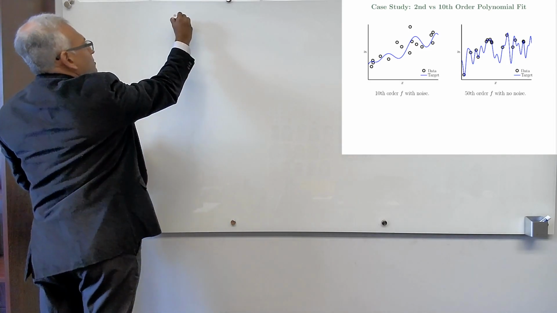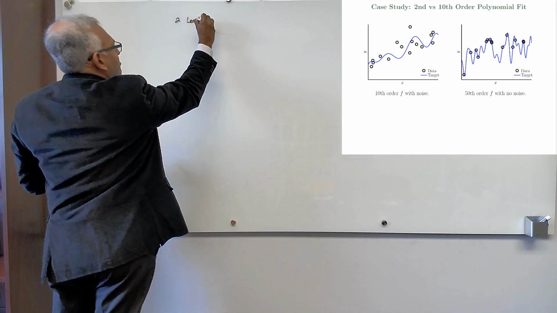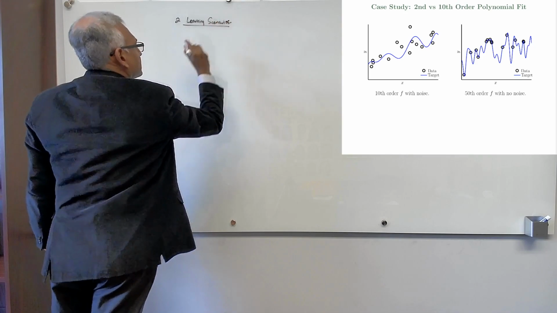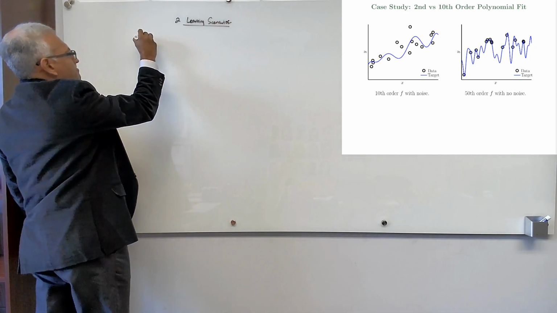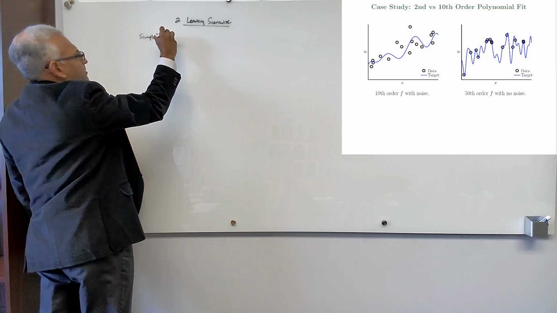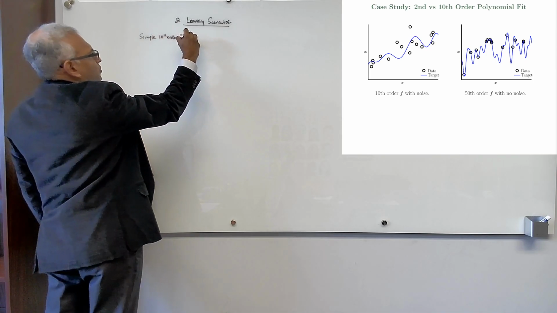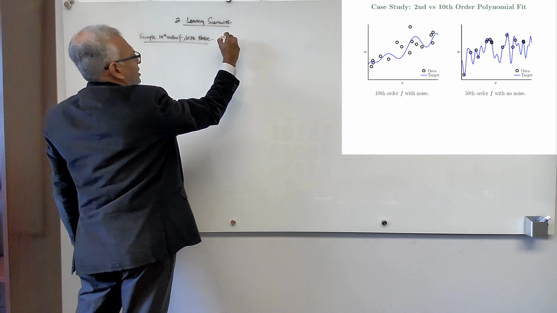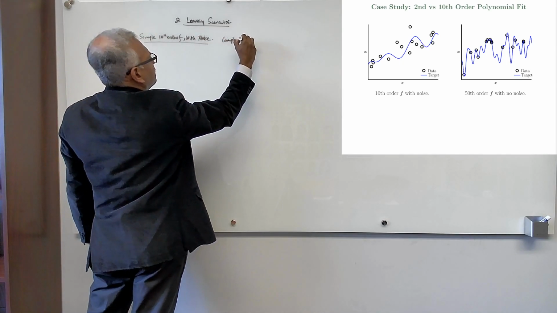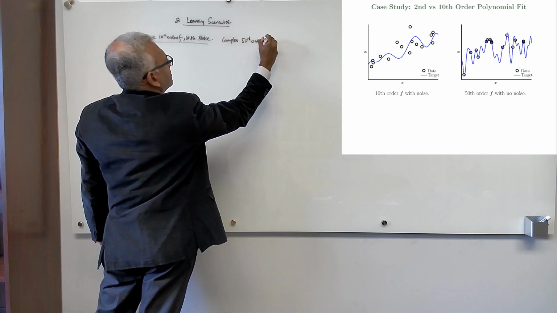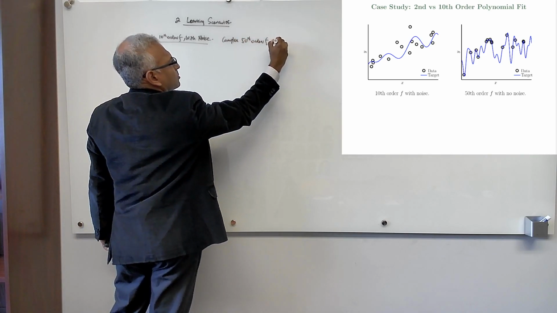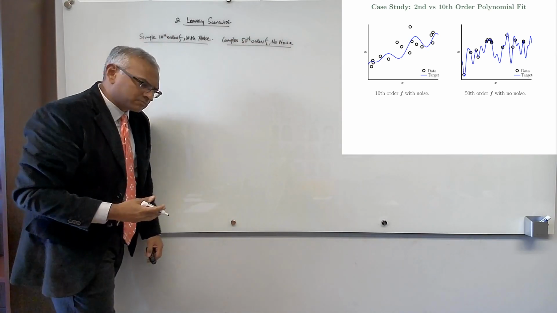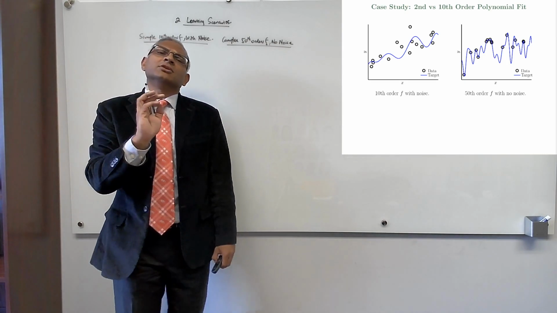So 2 learning scenarios. We have a simple 10th order target function with noise, and we have a complex 50th order target function f with no noise. So we have 2 learning scenarios. Now, whenever you come up to a learning scenario, you have to pick a hypothesis set. So I'm going to give you a choice of 2